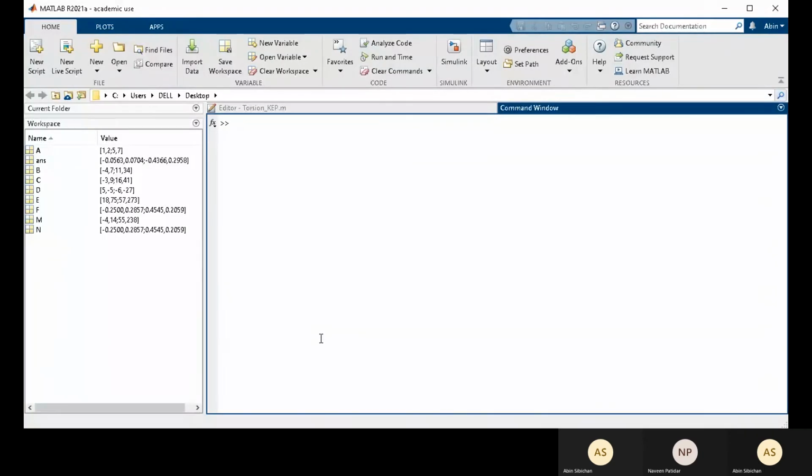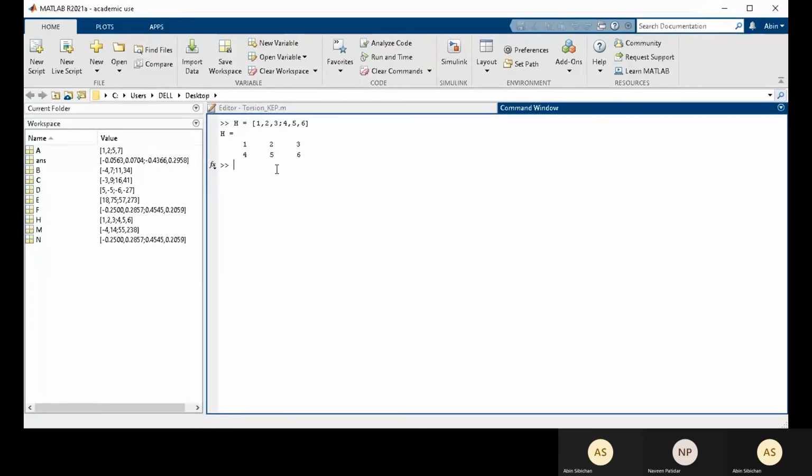Now let's say I have a new matrix H. Suppose I want to access one of the values from H. Suppose I want to access the second row, second column element.